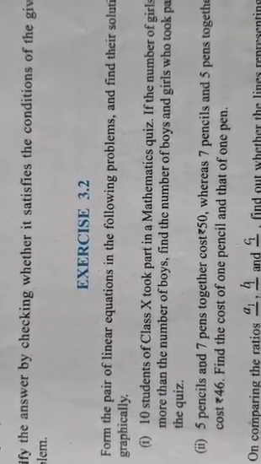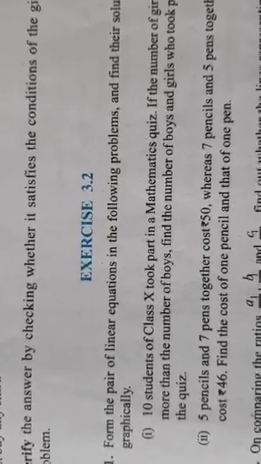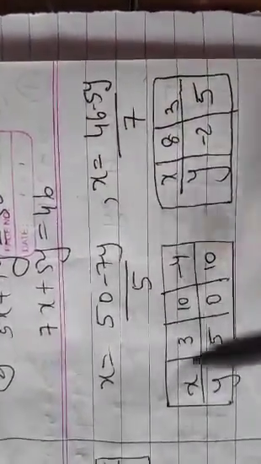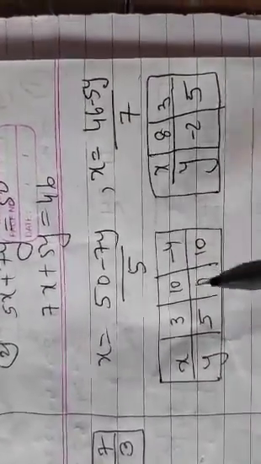So you assume the value of pencil to be x and pen to be y. In that case, the equation will be 5x plus 7y is 50, 7x plus 5y is 46. Find the x forms in both the cases and then prepare the table. Remember, you can suppose any values, any negative, positive, 0, कोई भी value आप suppose कर सकते.